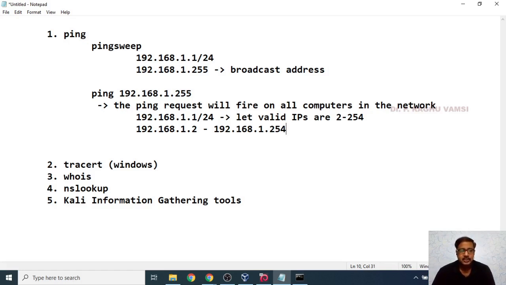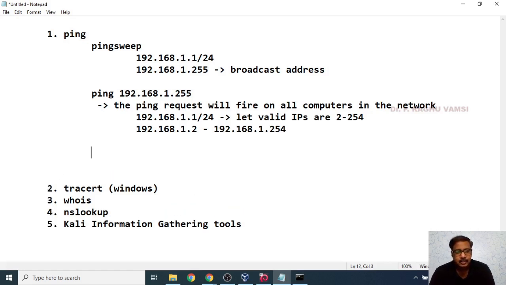So this is a very dangerous thing. With this ping sweep, the attacker especially will come to know which IP address computer is on and which computer is off. And this sometimes may lead to ICMP attacks, because ping is a tool of ICMP.